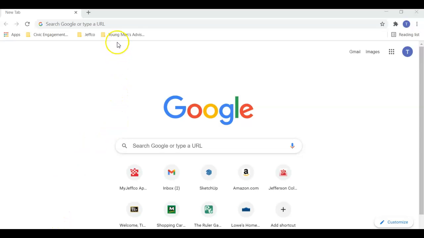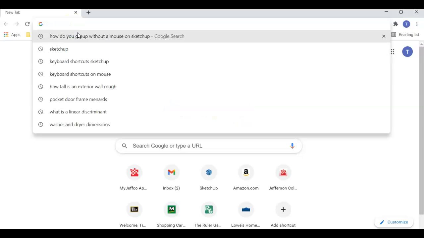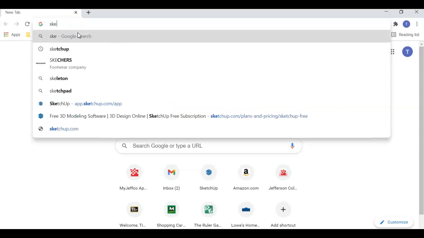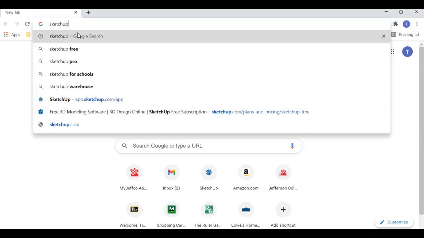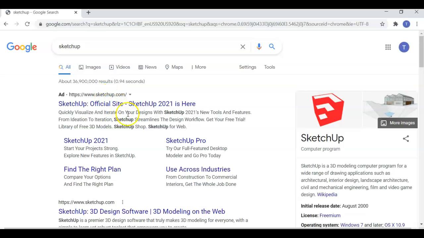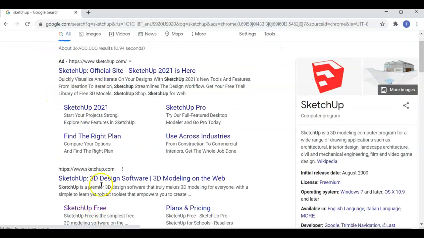so this is the video to help you orient yourself. Just a quick little exploration of SketchUp. You are going to go to a new tab, and you're going to click or type in SketchUp. Push enter. Okay. And I usually don't click on ads, so I go down to where it actually says